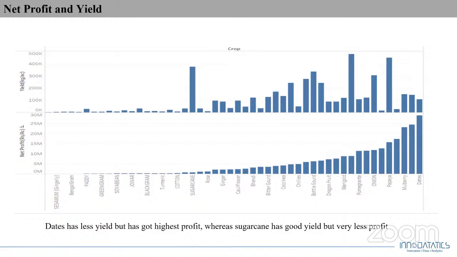Net profit has been arranged from lowest to highest profit of crops. Among them, ginger gives us less profit, whereas dates give us more profit, but dates have less yield. When it comes to yield, among all the crops, ginger has less yield, and sugarcane has good yield but very little profit. When moving on to the next slide,